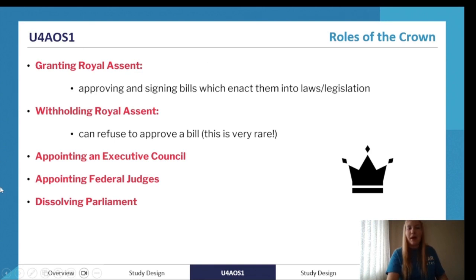Through the passage of bills, the last step is when it passes both houses, and during the vote, more than 50% of the members, both in the lower house and the upper house, say yes to the bill. There is a last step called royal assent. In this step, the proposed law actually goes to the governor general, and they have to give it the royal stamp of approval